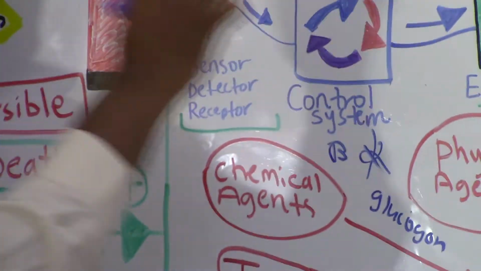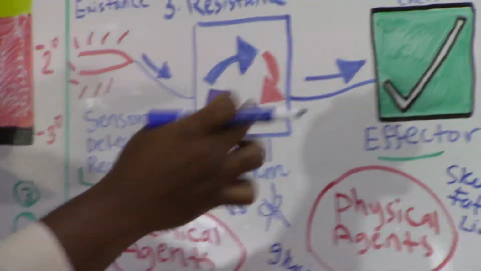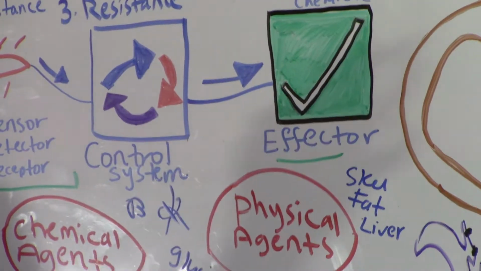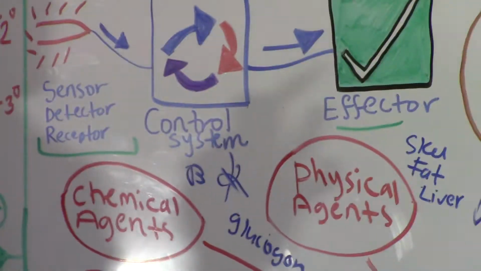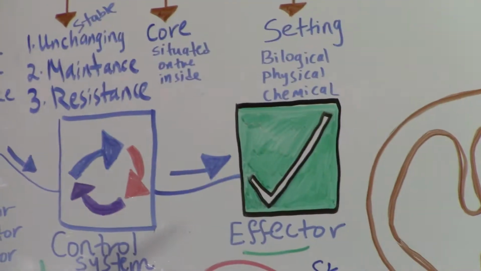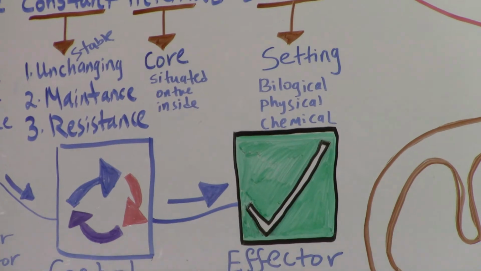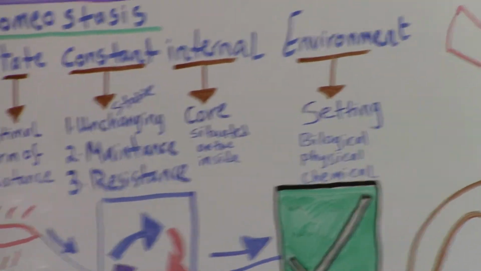Insulin caused the effector, being this is no longer, it's no longer sweat glands. It has nothing to do with shivering thermogenesis. Now our variable is different. Our variable is an increase in blood glucose. So the effectors are